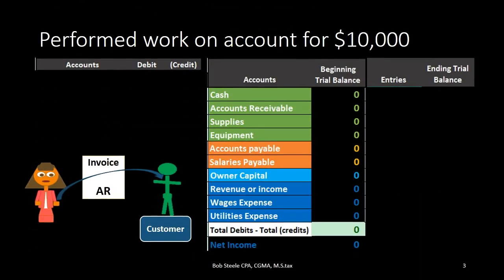We're going to be recording these transactions up here on the left-hand side, constructing those journal entries in accordance with our thought process, our list of questions to most efficiently construct the journal entries. We will then be posting them not to the general ledger, but to this worksheet here so that we can